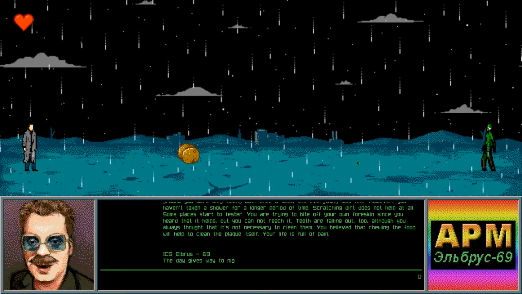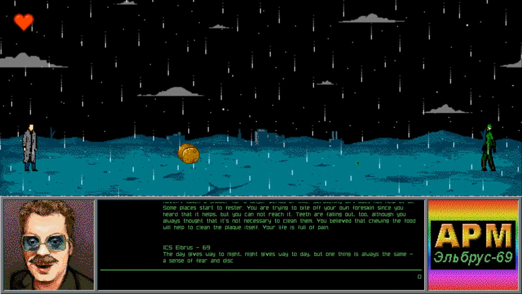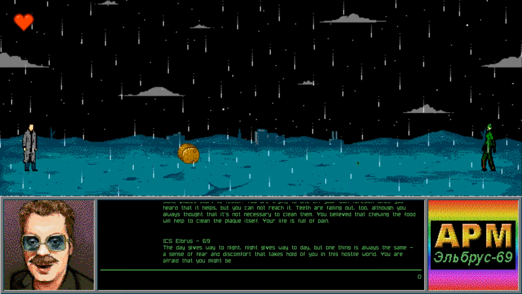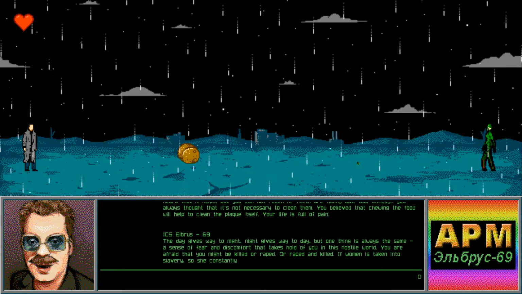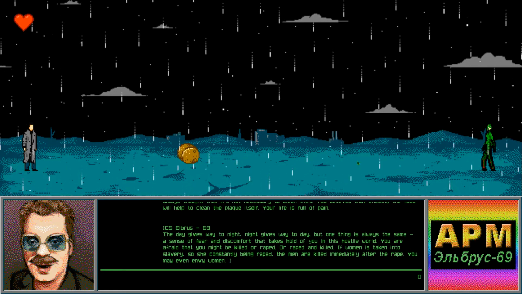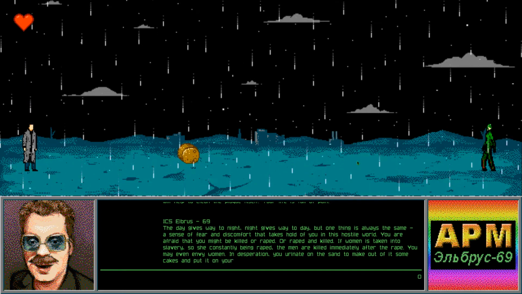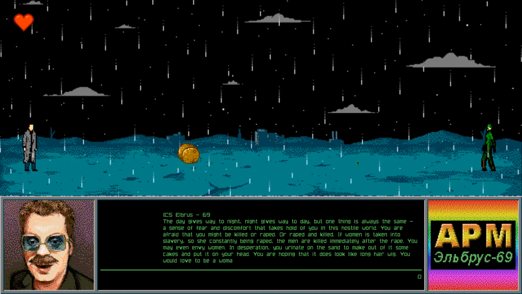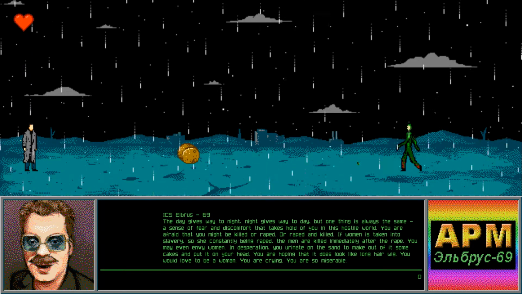The day gives way to night, night gives way to day, but the one thing is always the same, a sense of fear and discomfort that takes hold of you in this hostile world. You are afraid that you might be killed or raped. Or raped and killed. I've heard that before in movies. If woman is taken into slavery, so she is constantly being raped, the men are killed immediately after the rape. You may envy the women. In desperation, you urinate on the sand to make some of it...